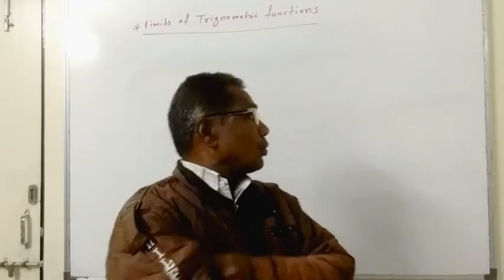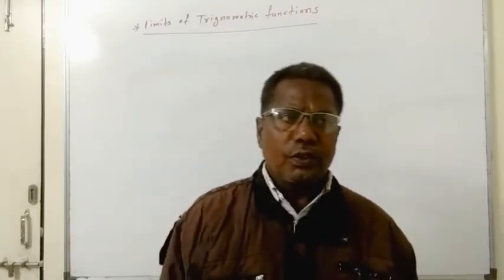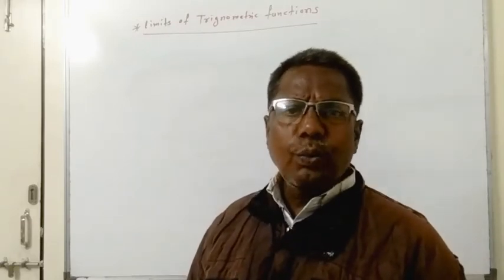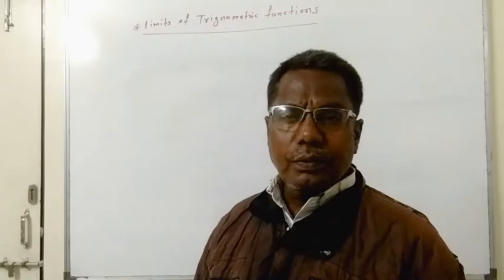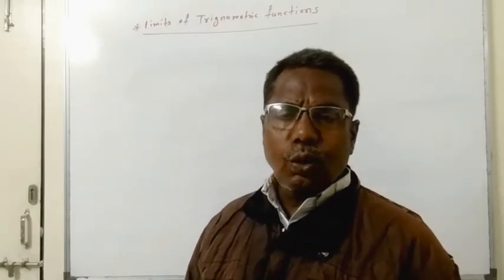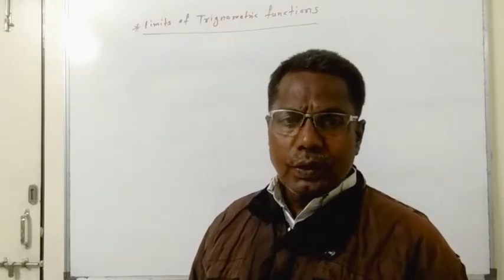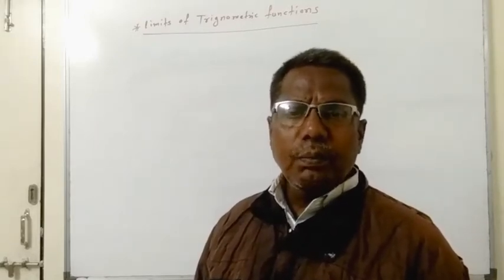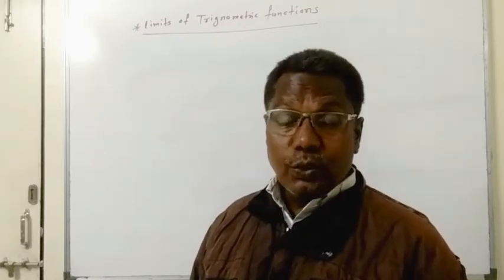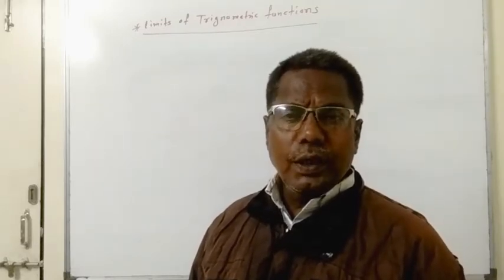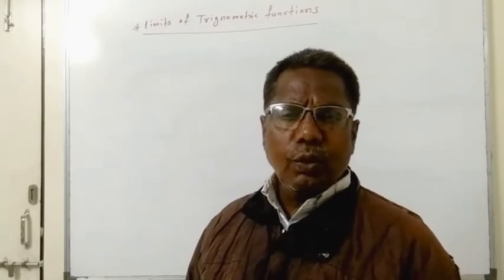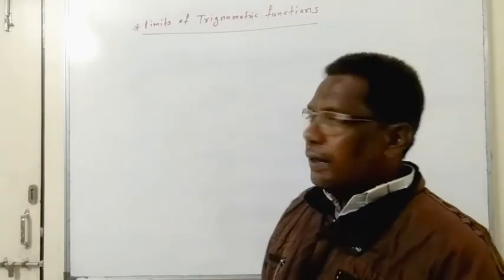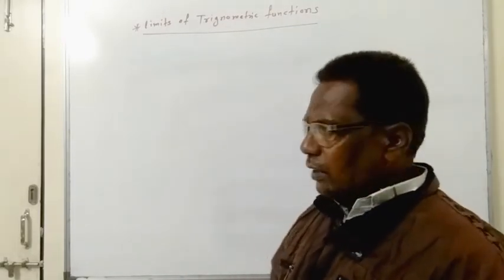In the last lecture, we studied the limits of algebraic functions. To evaluate the limits of algebraic functions, there are five methods. The first method is the direct method. That is, the function is defined and does not take an indeterminate form: 0 upon 0, infinity upon infinity, 0 into infinity, infinity plus or minus infinity, 1 raised to infinity, 0 raised to 0, infinity raised to infinity, 0 raised to infinity, or infinity raised to 0, etc. Then we find the limit by the direct method, that is, as a function value.